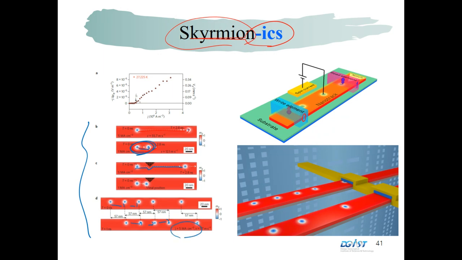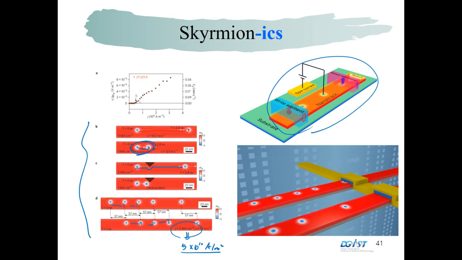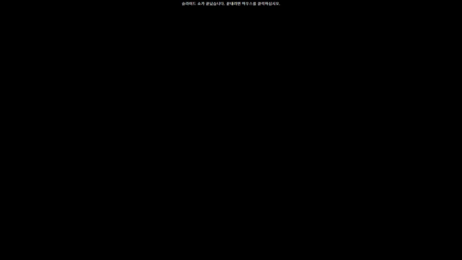Here the current density is much smaller than, actually this is 10 ampere per square. This is quite a bit smaller than for domain wall motion. So there is some idea of a kind of transistor using the skyrmion. So there are many brilliant ideas with the skyrmion for making such information devices. Okay,